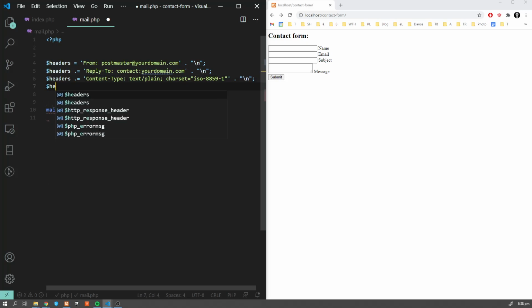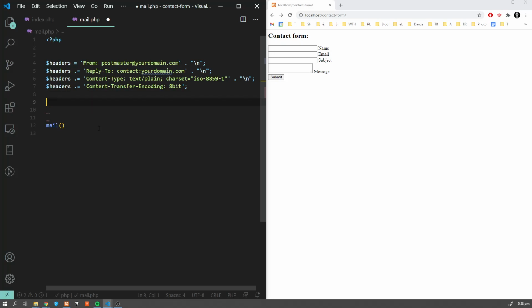I suggest to add it. And finally, let's add content transfer encoding 8-bit. As I said, this is not mandatory, but it is a good thing to do.